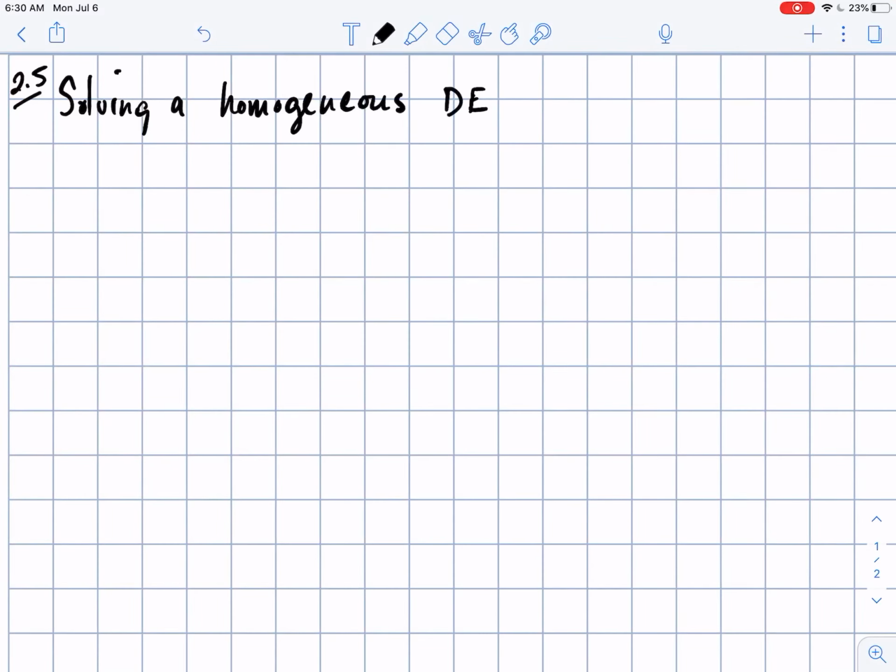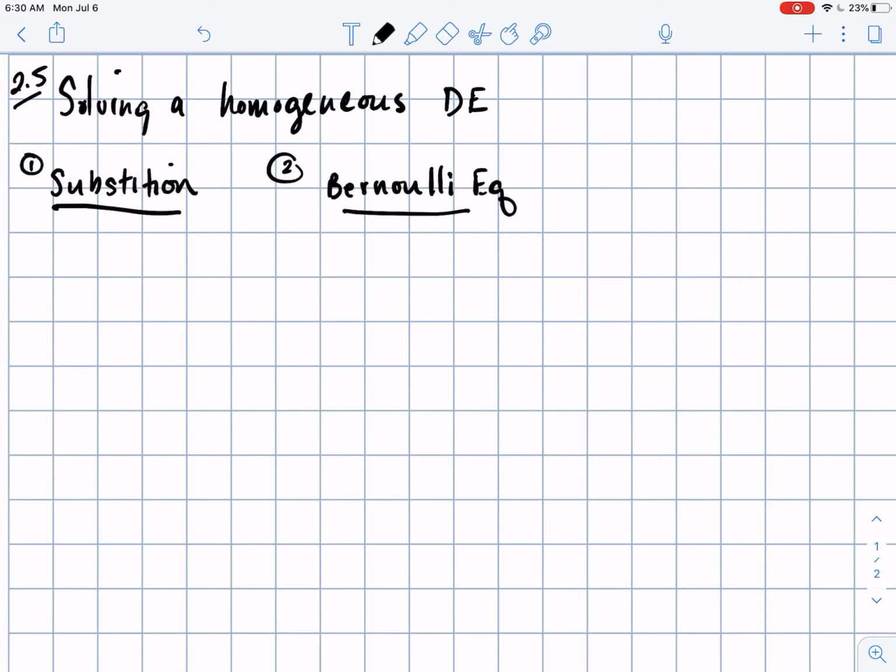Okay, so today we are doing 2.5, solving a homogeneous differential equation. And I'm going to do two different types of solving. One is by substitution, and the other one is going to be called a Bernoulli equation, okay. So the first one is by substitution, and when we're looking at substitution,